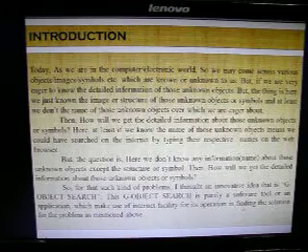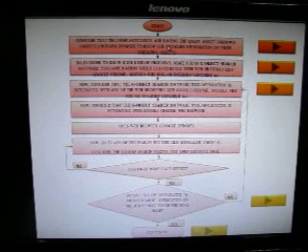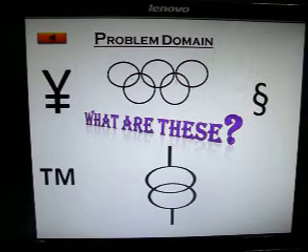So let us come to know the operation with the help of this flowchart. Consider that people or students are eager to know the detailed information of unknown objects. This is the problem domain. These are the unknown objects to us. You may recognize this as the Olympic symbol.